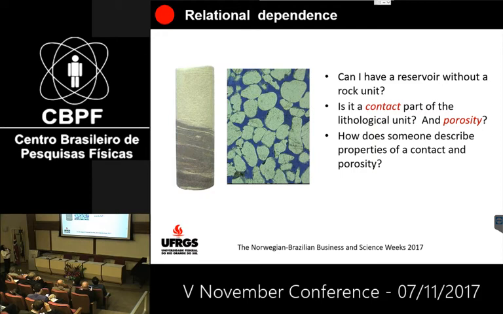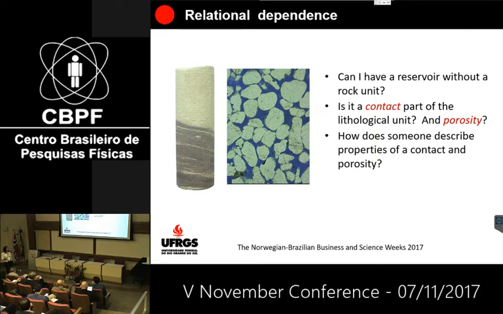When I define a contact between two units, should the contact be defined as an attribute of some entity, or is it another entity by itself? What is this object, a quantity? What is porosity? I cannot have porosity without a rock, but we talk about porosity. Porosity is full of attributes and properties. Should I define porosity as a proper entity, or should I define it as a property of the rock, or a property of the unit that I am modeling? This kind of discussion is